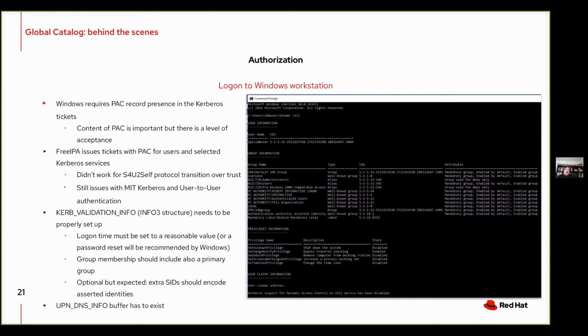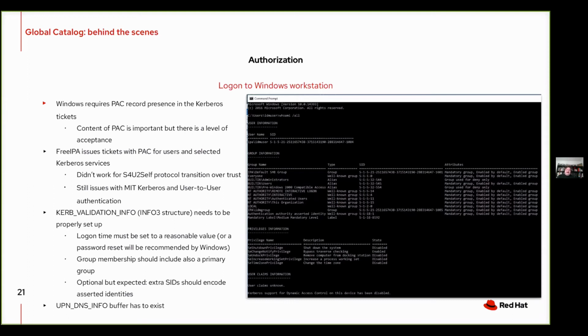And FreeIPA has issued those tickets with PAC for users and selected Kerberos services for quite some time, but it didn't work, as we found recently, for protocol transition over trusted link because IPA wasn't actually doing the right thing in resolving this.